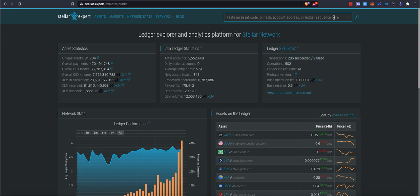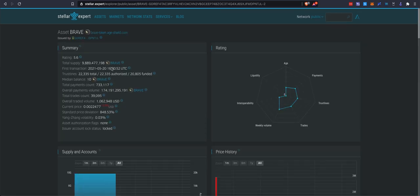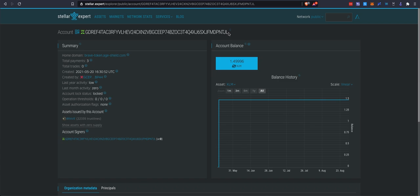Yeah, another token. So we're going to click on, and again, come down here, we can see this one's obviously standing out as the one with the most trust lines. It's got the most payments and the most trades, but be warned, double and triple check on their socials, website, etc. that it's the right one. This is just purely for demonstration purposes only. We're going to click on issued by. We're once again going to pull up our asset issuer,